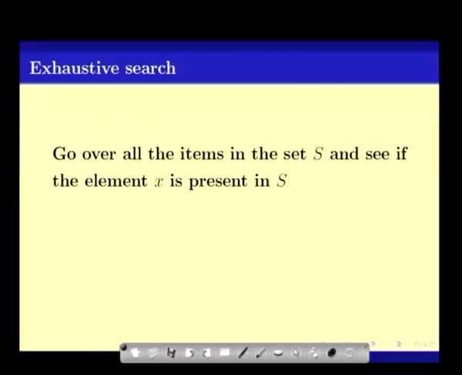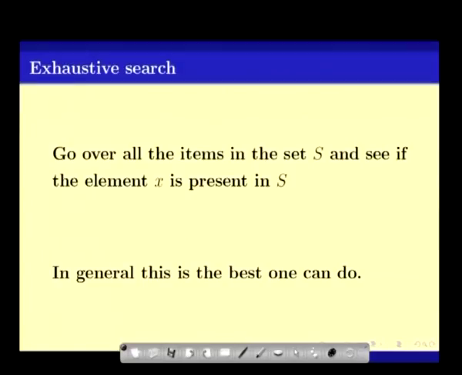You go over all the elements in the set S one by one and you check if x is equal to any of these elements, and if you find one that is equal to x, then you can answer yes, x is there and you can extract that element out, and otherwise you say that x does not exist there. Now, this algorithm of course works,